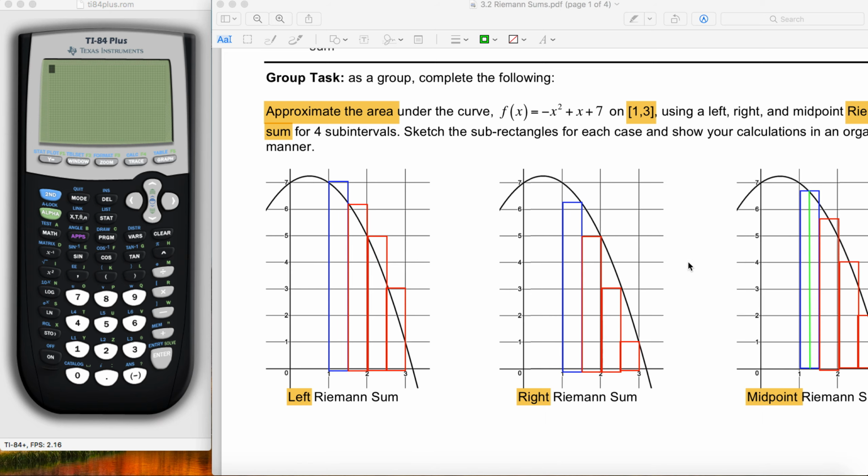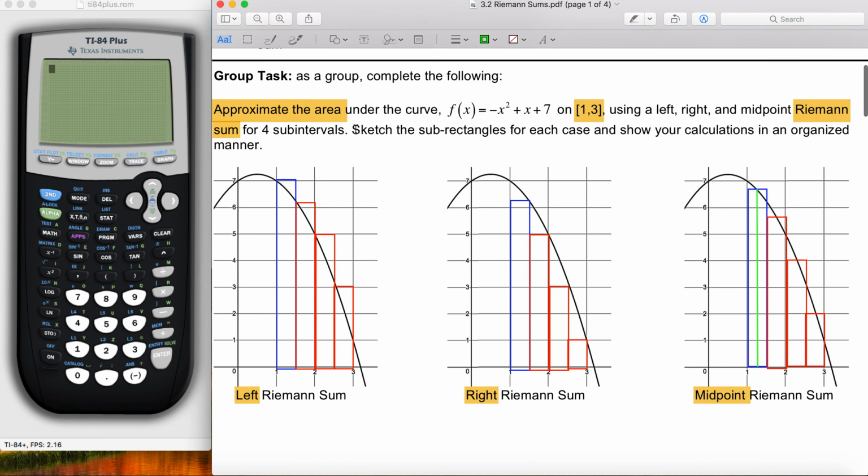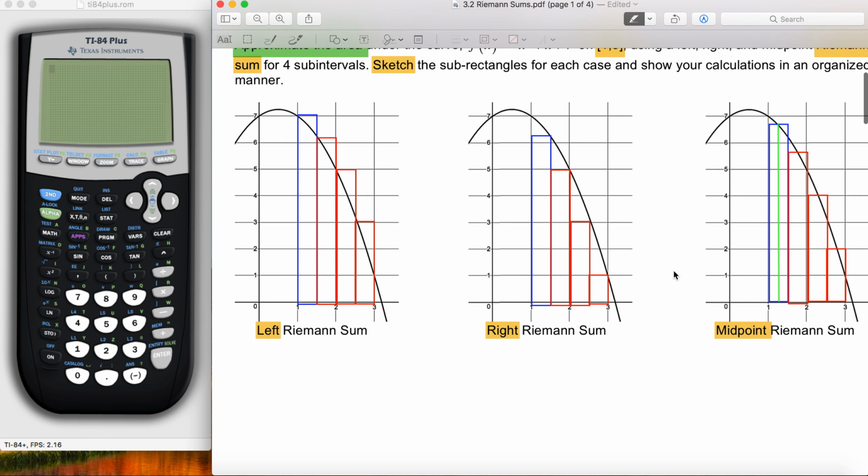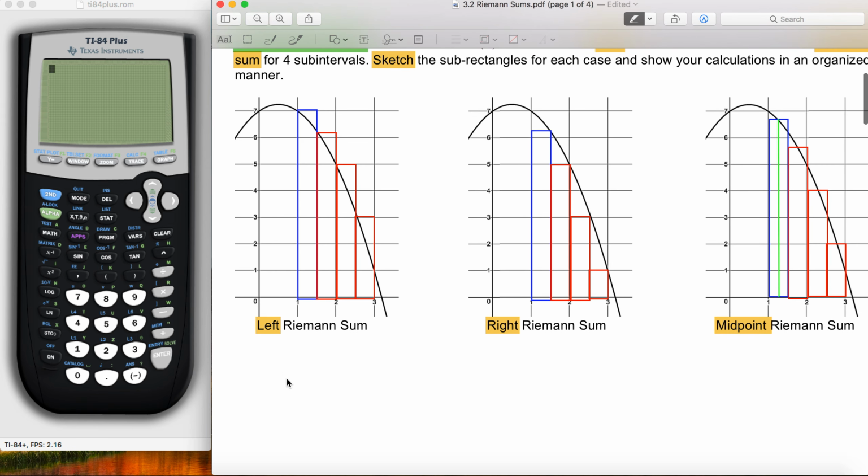So now to continue, we've just finished sketching the rectangles for each type: the left, right, and midpoint Riemann sum. Now we're going to actually go on and approximate the area of each Riemann sum. Okay. So let's start with the left Riemann sum over here. So to find the area of the left Riemann sum,